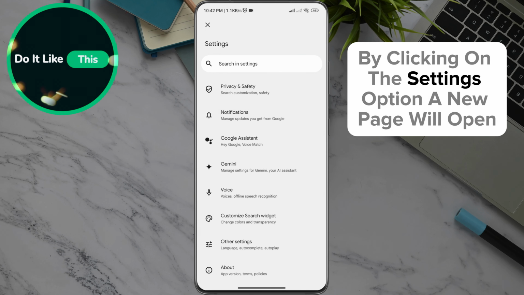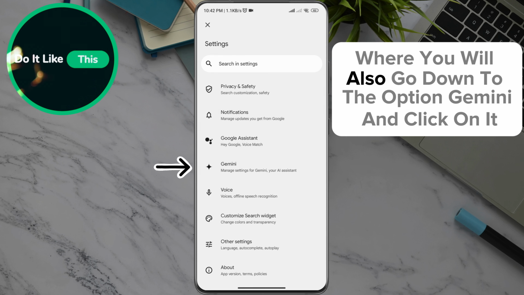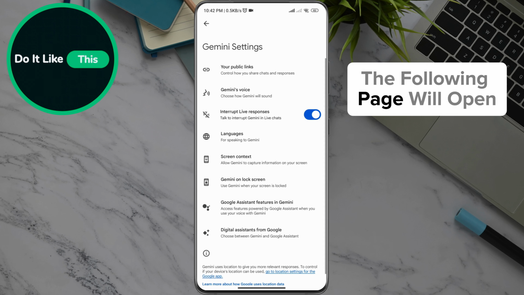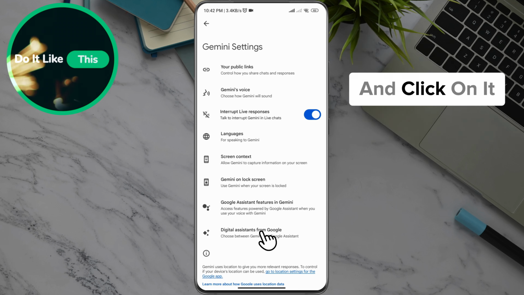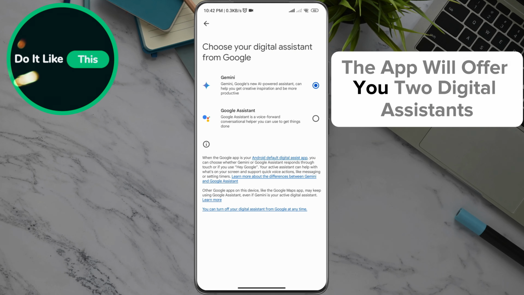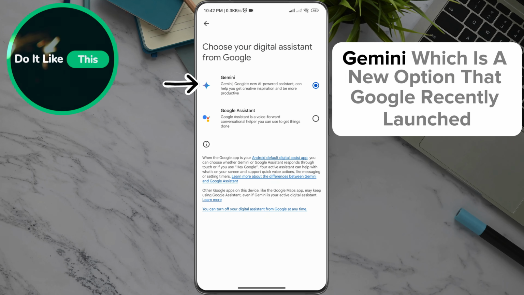By clicking on the Settings option, a new page will open where you will also go down to the option Gemini and click on it. The following page will open where you will go down to the option Digital Assistants from Google and click on it. The app will offer you two digital assistants, Gemini, which is a new option that Google recently launched, and